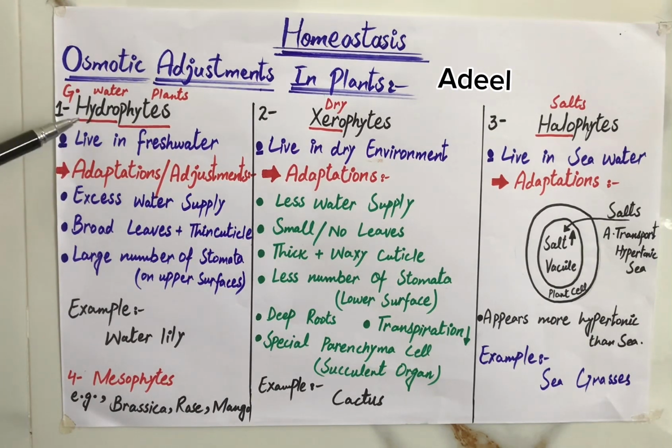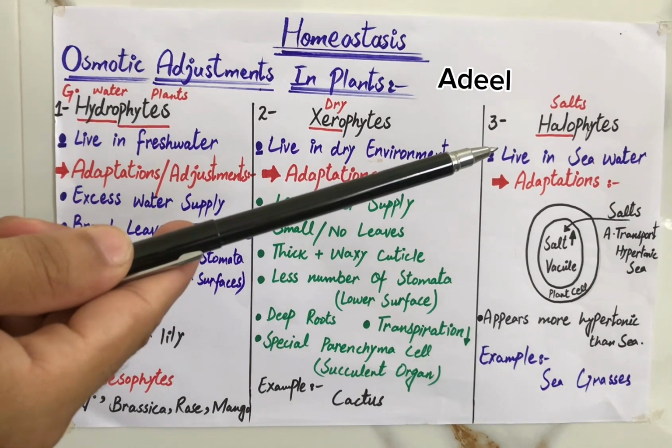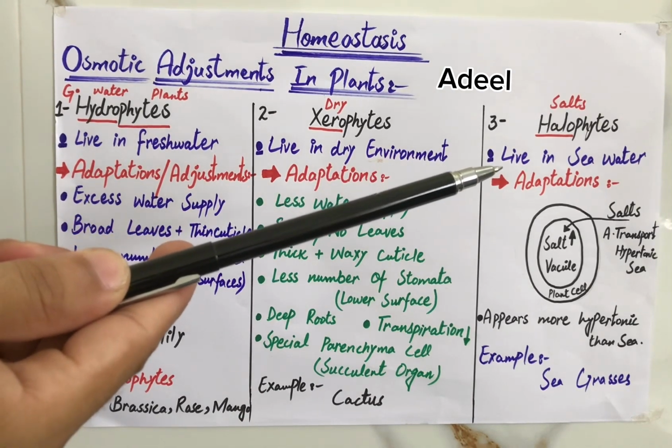The first one is hydrophytes. Hydro is a Greek word. Hydro means water and phytes mean plant. These are the types of plants which live in fresh water. Remember, there exist two major types of water. One is fresh water, that is flowing and drinkable water that belongs to rivers and ponds, and the other one is oceanic or sea water, that is still water that cannot be drunk due to the higher concentration